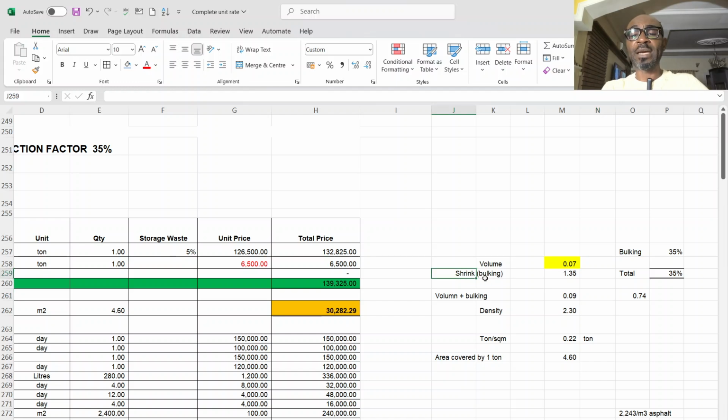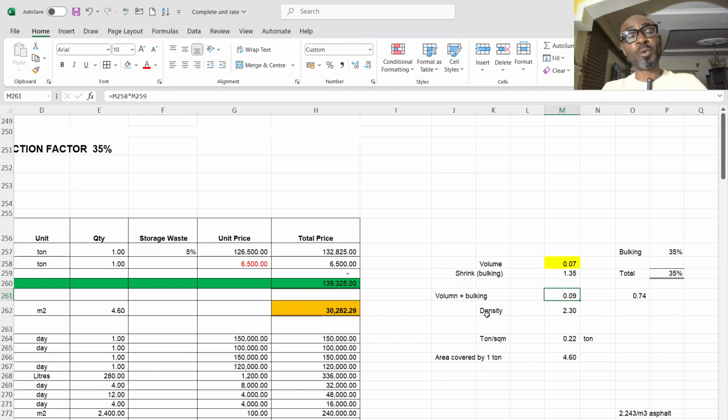Then by the time you add the bulking of 35% on the original volume of 0.07, it gives you 0.09. So by this calculation, it tells you that your thickness is going to be at 90 to get 70. Then, when you want to convert it to tonnage, the density of